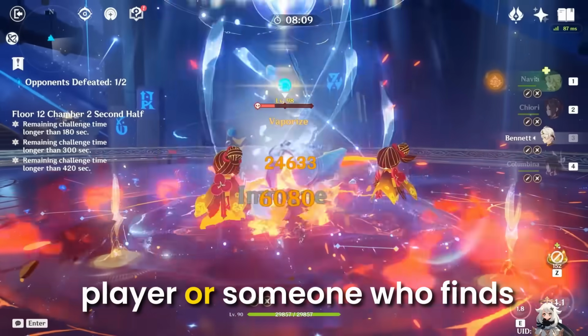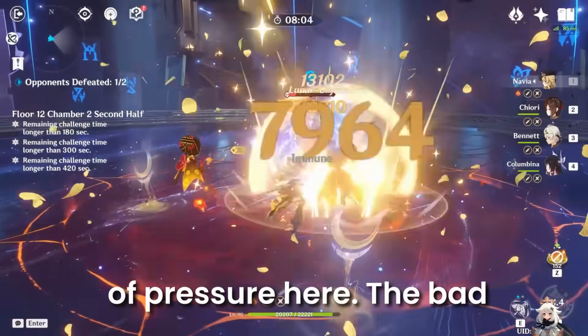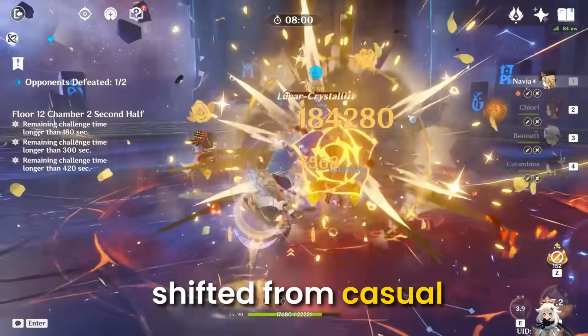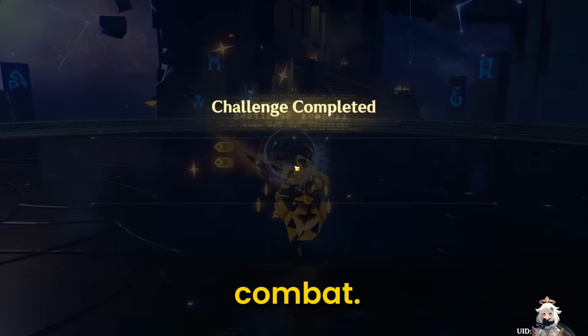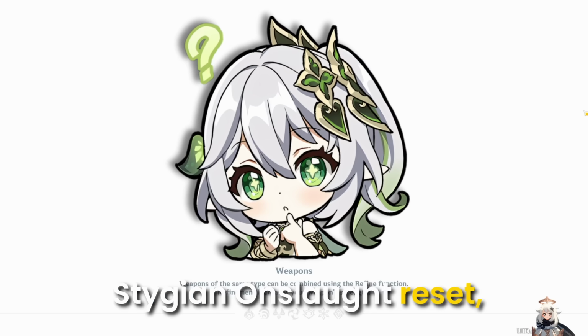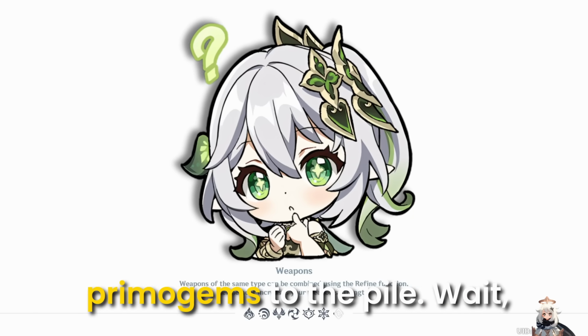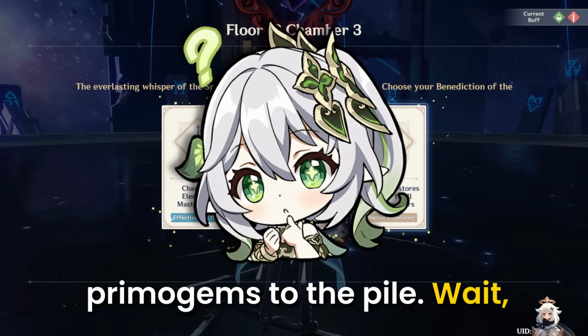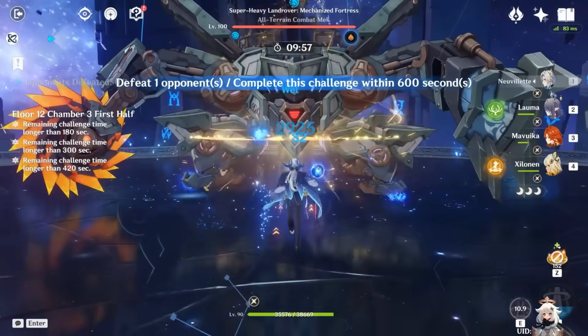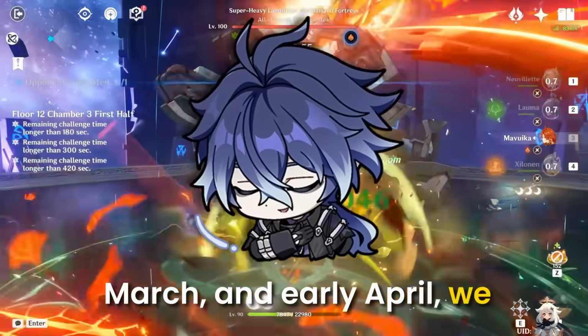If you're a newer player or someone who finds these modes difficult, you might feel a bit of pressure here. The bad news of the missing map means the rewards have shifted from casual exploration to endgame combat. You'll also want to keep an eye out for the Stygian Onslaught reset, which adds another 450 Primogems to the pile. Wait, there's more. Because the 6.4 update spans across late February, March, and early April, we are actually getting